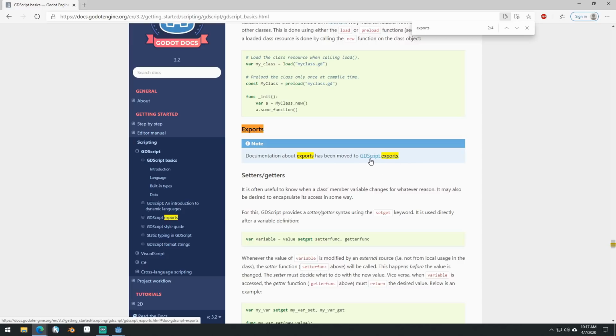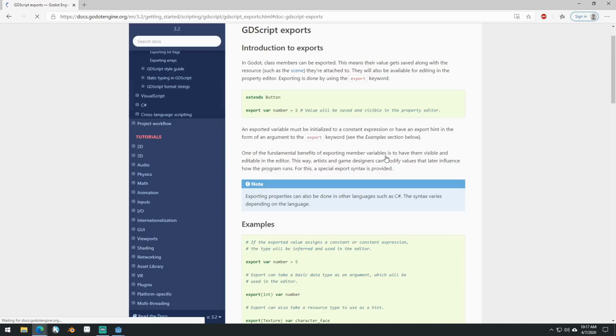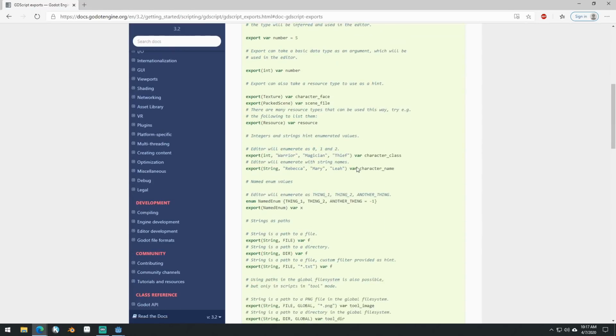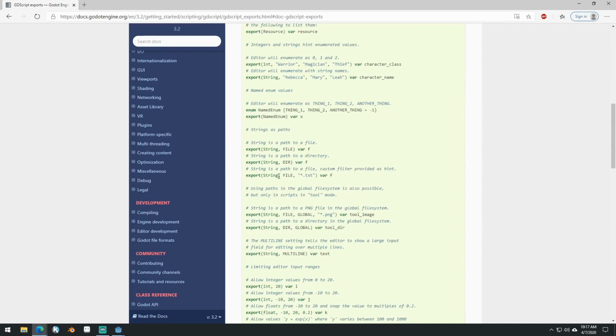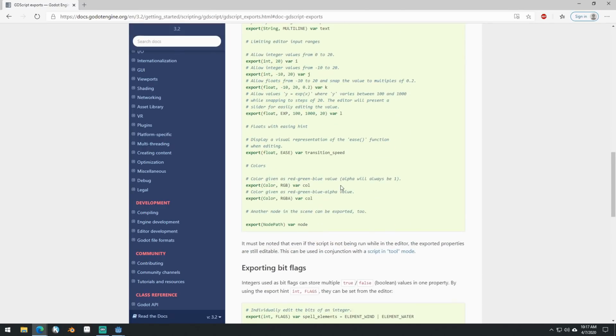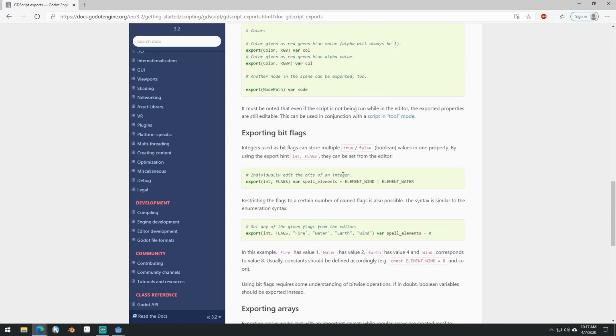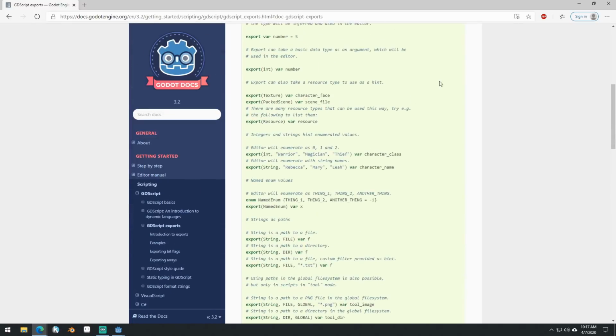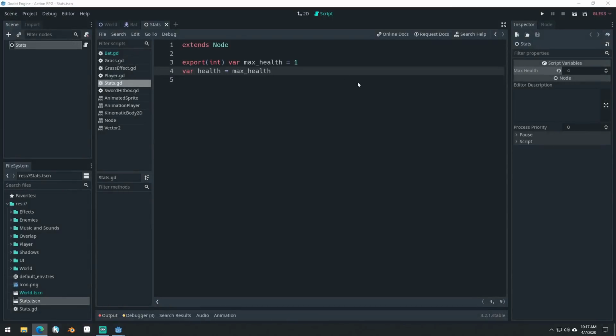Oh, there's a GDScript exports page now. Did not know that. We can go there, and then you can learn about all the different ways you can export stuff. There's a ton of different ways that you can export things. I highly recommend reading this and learning about the different options that you have, because it's a really powerful way